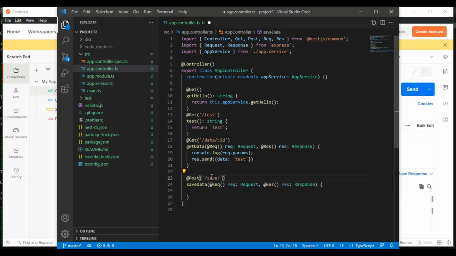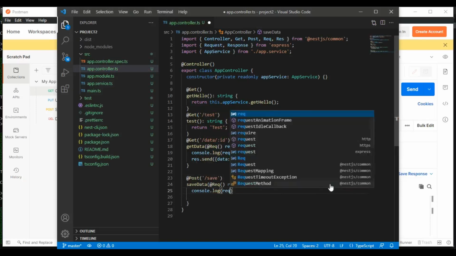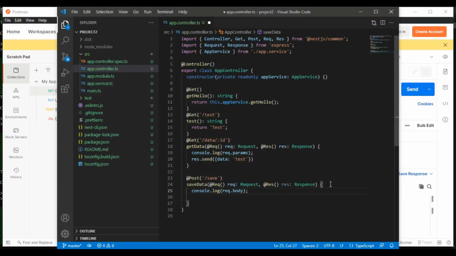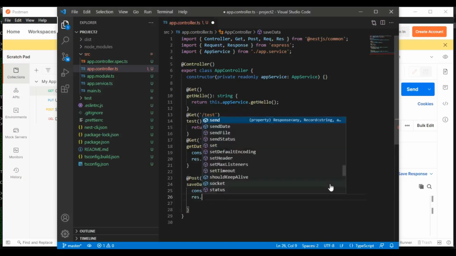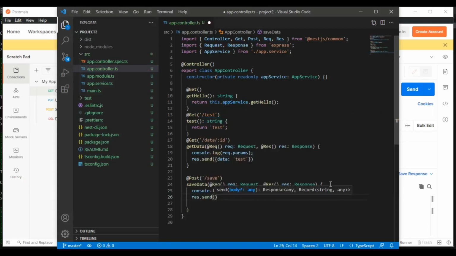So let's test that finally in the post method and get. So let's do like this. Save ID. If we don't add that, you can directly check request.params or request.body. You can console it here. And response.send.